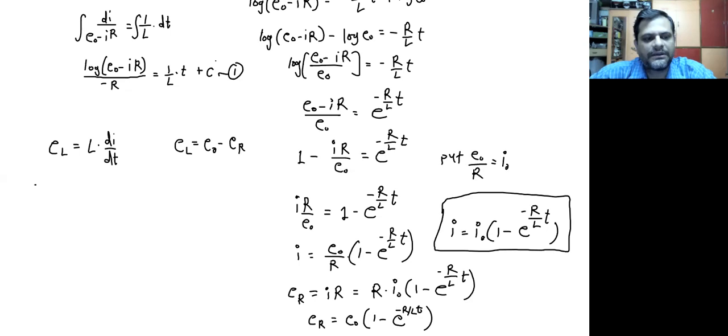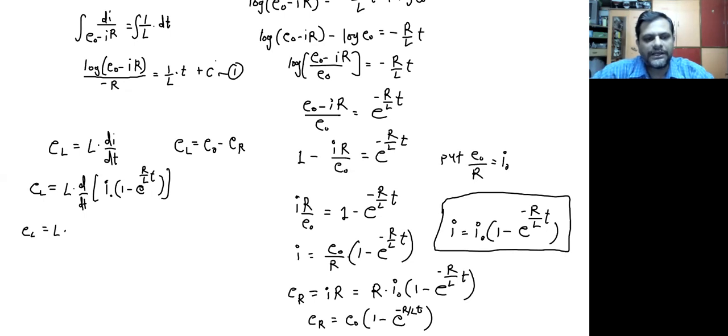देखो चेक करके, अगर हम यहाँ पे ये मेथड यूज करते हैं डेरिवेटिव वाला, तो ये L into d by dt मतलब डेरिवेटिव ऑफ दिस I, where I is actually going to be I naught into 1 minus e raised to r by l into t. करेक्ट है. तो ये इस तरह से हमको मिलता है. इसका डेरिवेटिव अगर हम निकाल के लेंगे तो हमको ये मिलेगा EL which is going to be equal to L